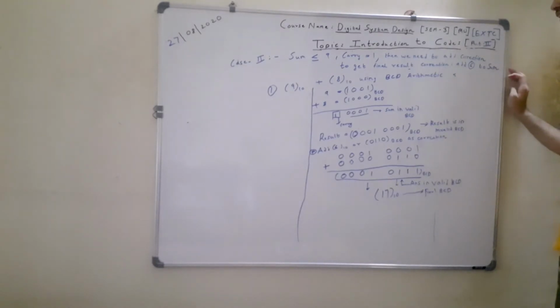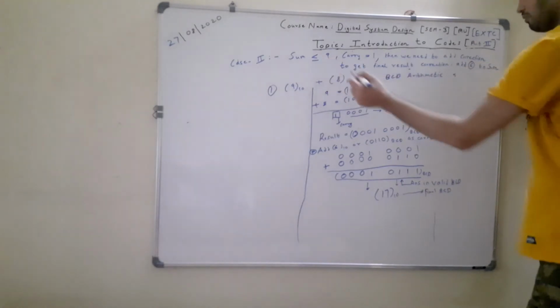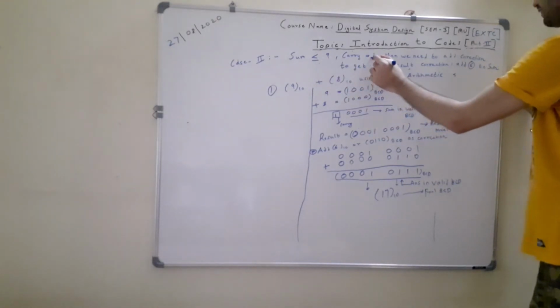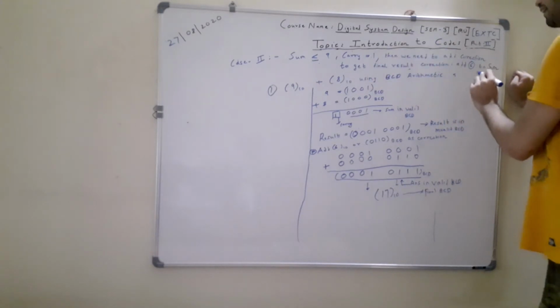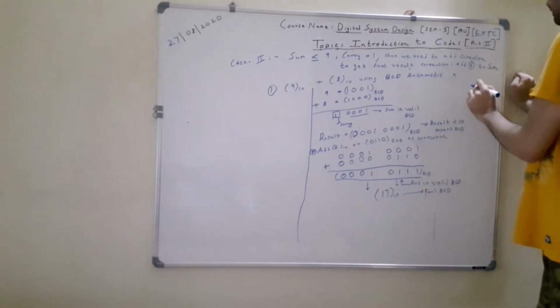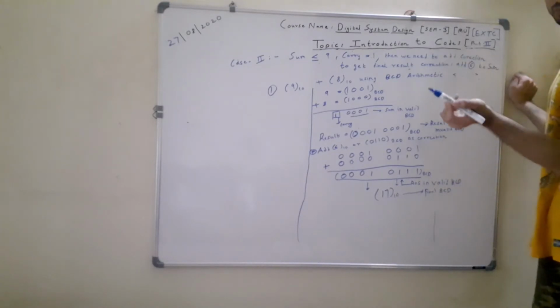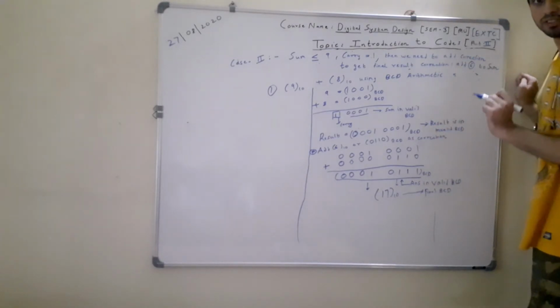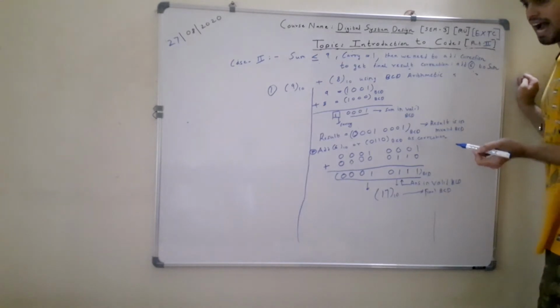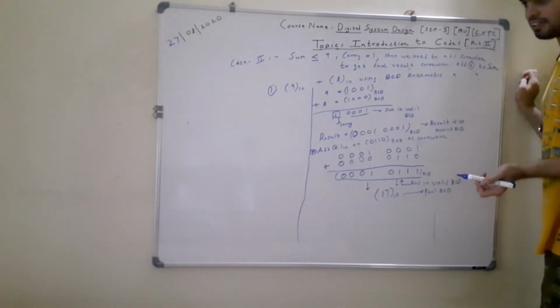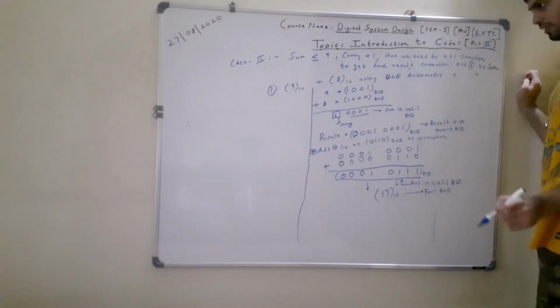Now we move towards the second case for binary addition, that is case 2. Now what is case 2? When the sum of the result is less than or equal to 9 but carry is generated, then we need to add correction to the final result. That is, we need to add 6 to the sum. 6 in BCD format is 0110. Remember, when I say add 6, it should be clear in your mind that I am interested in adding the BCD representation for 6.